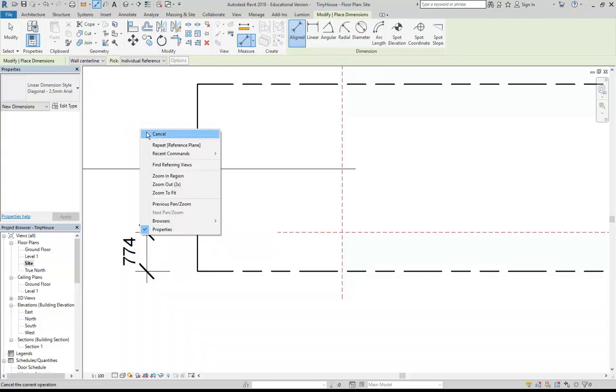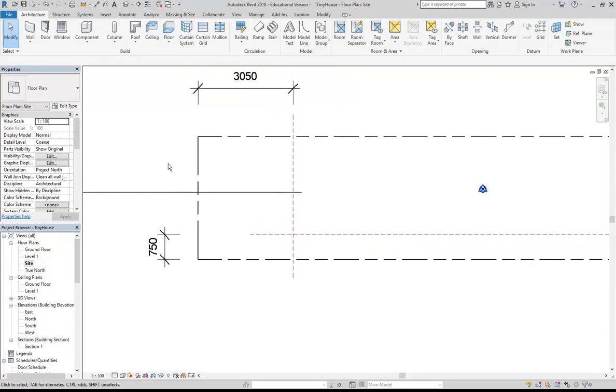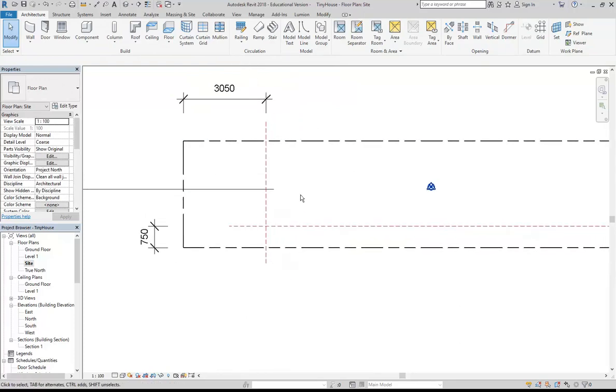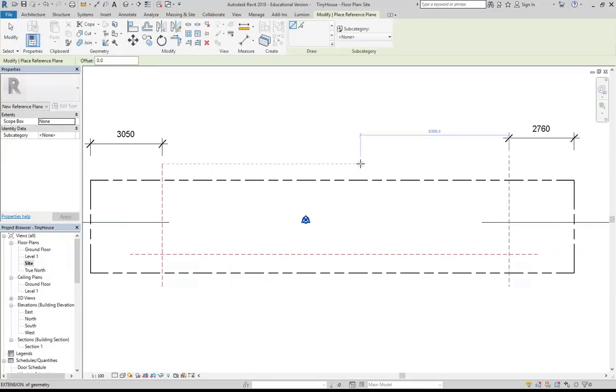Alright, so then again, cancelling, I can select my new reference plane, and the measurement for this should be 750. And then for the last one, I just need, oh sorry, there are two more. So we've got, I've left a dimension off though, which is slack of me. So, left a couple off, actually. So, I'll draw a reference plane then roughly in the middle. And then, again, draw a dimension